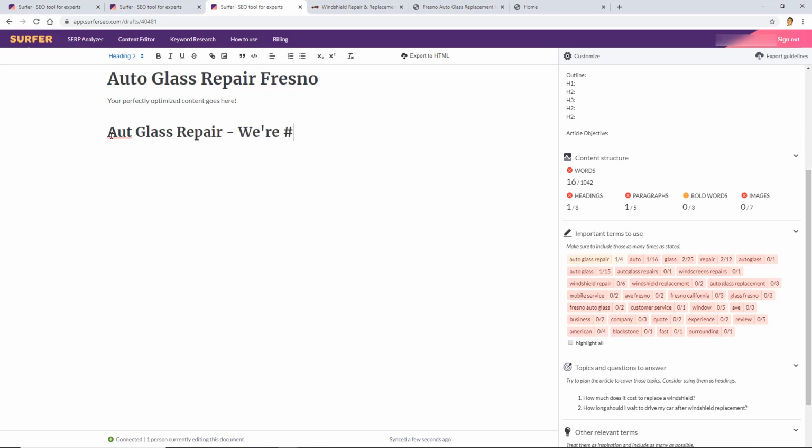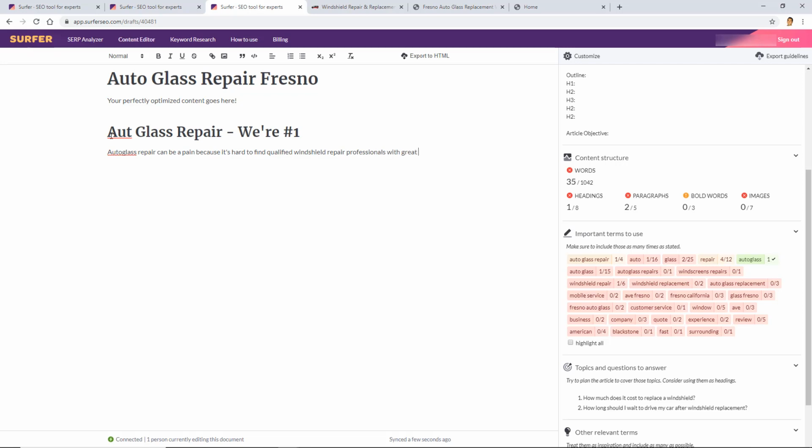Auto glass repair can be a pain because it's hard to find. And as you can see, the auto glass has turned green on my right hand side. It's hard to find qualified windshield repair professionals